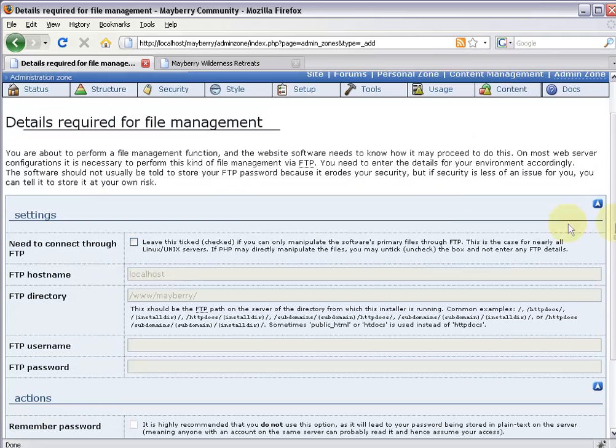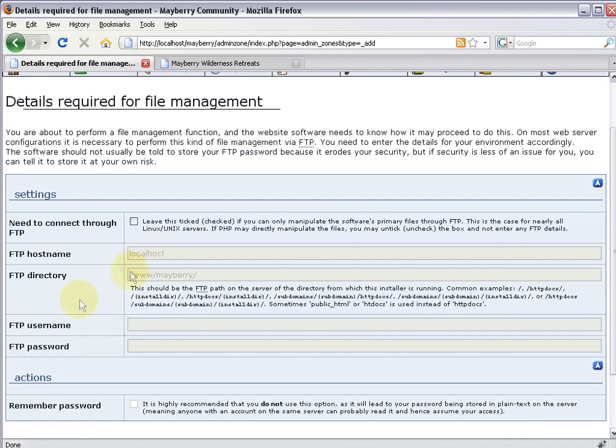If you are running on a web server that's live out on the internet, chances are that in order to proceed, you need to fill out your FTP. You need to tick this little box and fill out your FTP username and password. If you are running on a local machine, like a local development server,